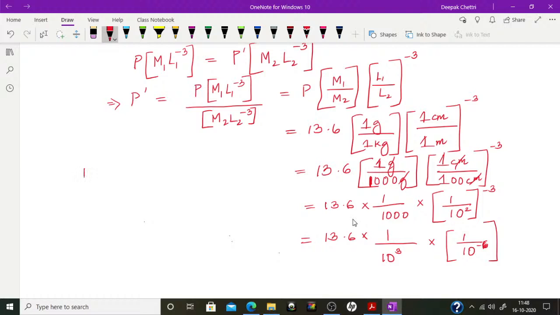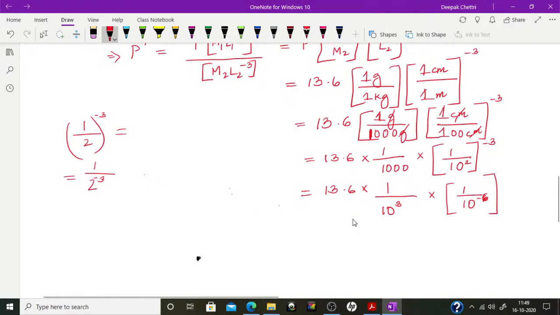If I have 1 by 2 whole thing cube, what is the meaning of this? This will become 1 by 2 to the power 3, right. In the same way, suppose this is minus here, then this will become minus. Understand? I am not doing anything on top because it is 1, right. No matter what the power is, it will always be 1. So that is why I did not write any power on top, because it is 1. Understand? So now 13.6